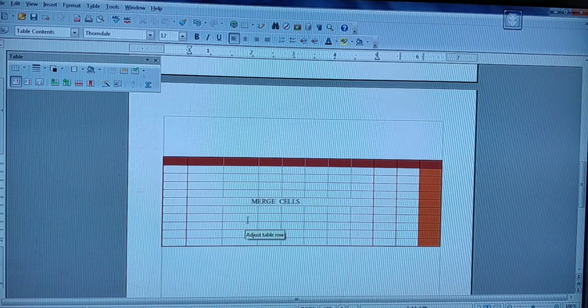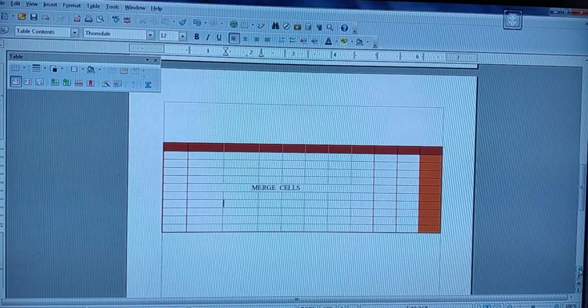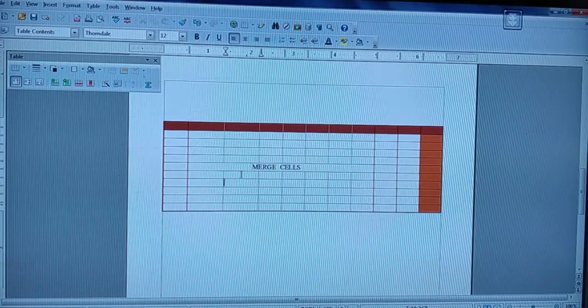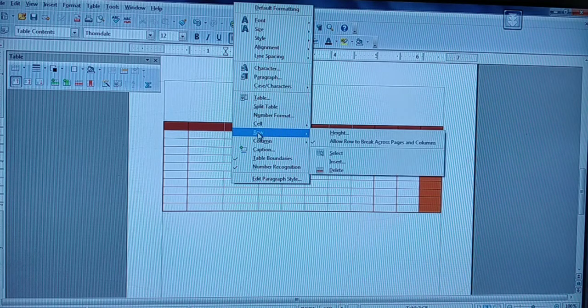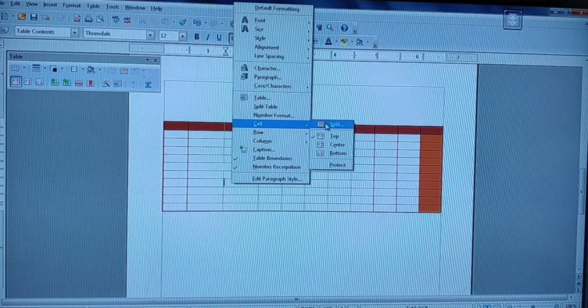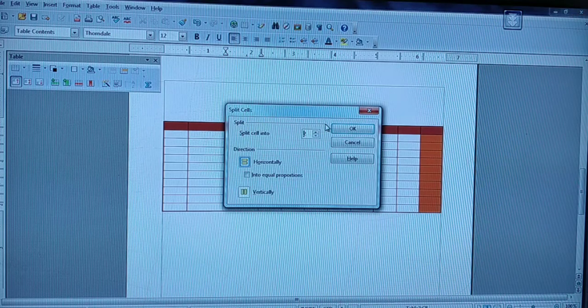What does split mean? So inside just this one single cell, I am willing to have many subcells. So for that, just you people select or be in the cell that you people are in need to split. Just you people right click this one. Then what do you have to do? Cell. Yes, here you are having split now. Yes, immediately the split cell dialog box will be displayed for you.